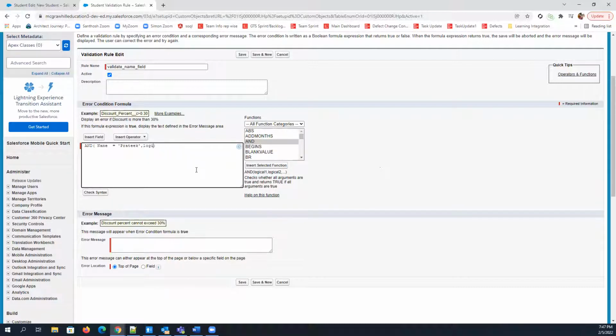And here we cannot directly check a pick list value. Then what do we need to do? We need to use another function in AND, right? That is ISPICKVAL. Let's find that function for you. You can use this function ISPICKVAL as the second logical condition. So now what is ISPICKVAL asking? The pick list field value that you want to compare and the exact literal. So what will be the exact literal for this? India, right?